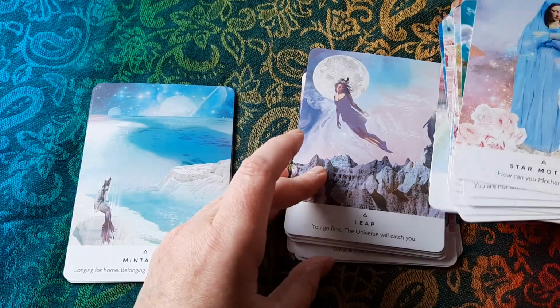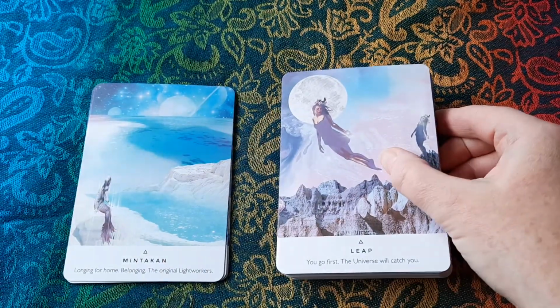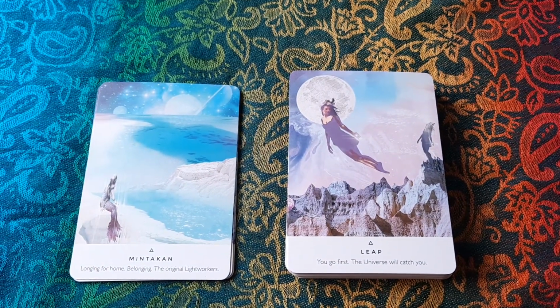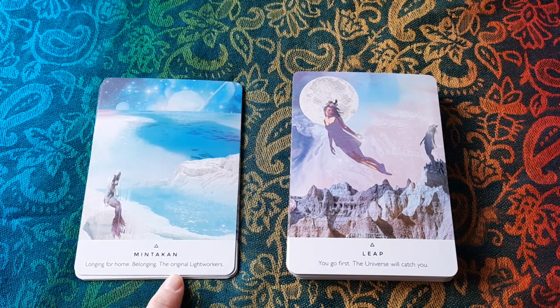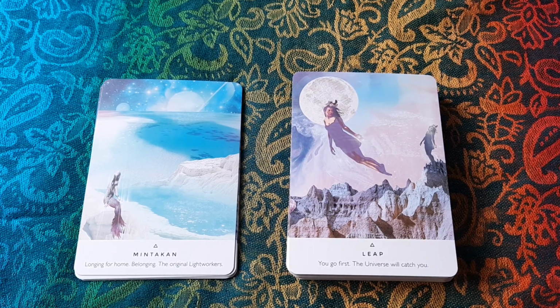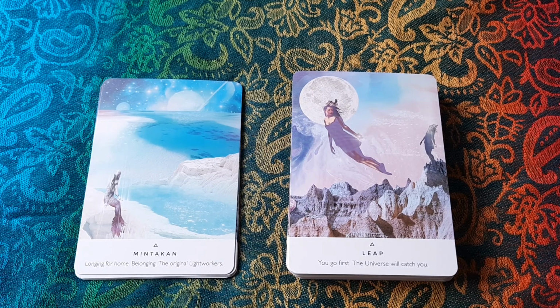But a card like Leap is a more straightforward message than Mintakan, the original Lightworkers. The other challenging thing for me with this deck is the way the cards are not numbered,